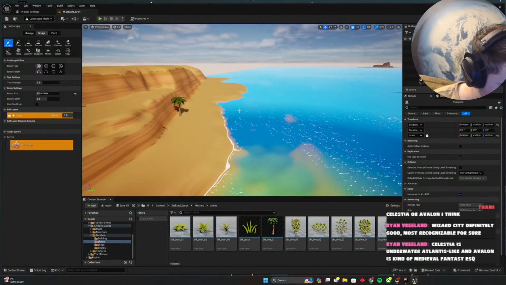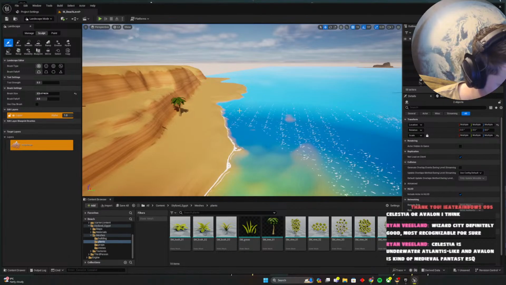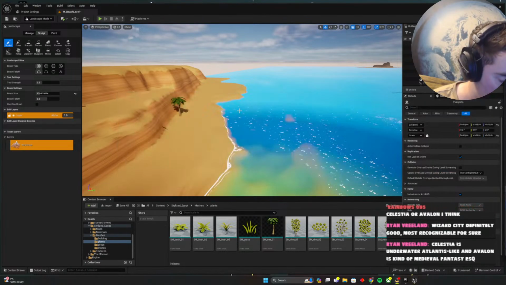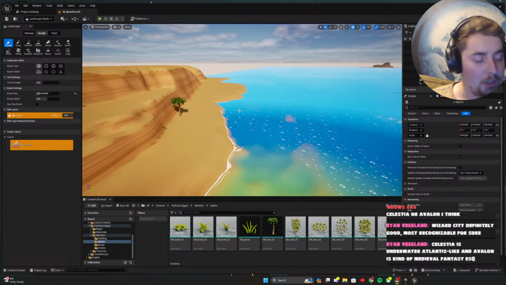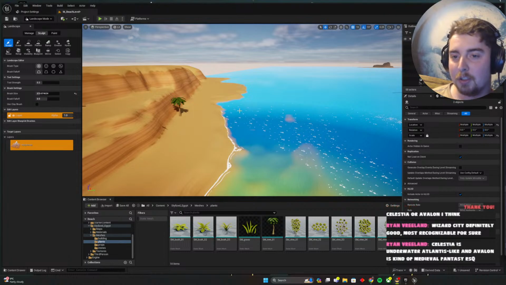Celestia's Underwater, Atlantis, and Avalon is like medieval. Yeah, I think I remember those. I never really was able to get membership on it for a long time, and when I finally did, I grinded it out for a good while. So I've got one character that's level 70 odd something, a life character,